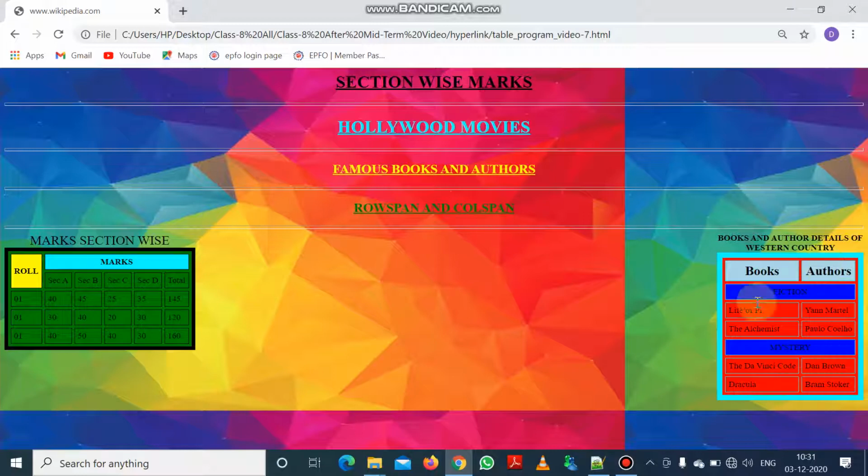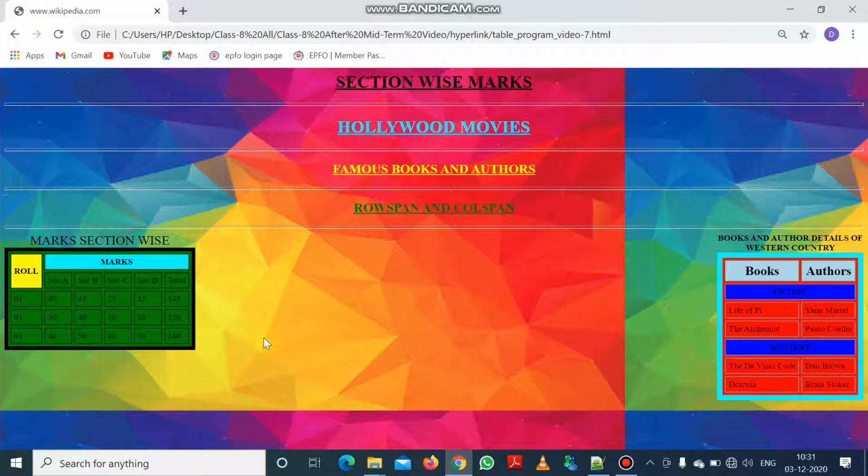And you can see at the right hand side in this table the previous table of the previous linked web page was displayed. So here also in the second table at the right hand side the call span attribute is described within the second row and the fifth row, where fiction and mystery is written, where the cells are spanning up to two columns.